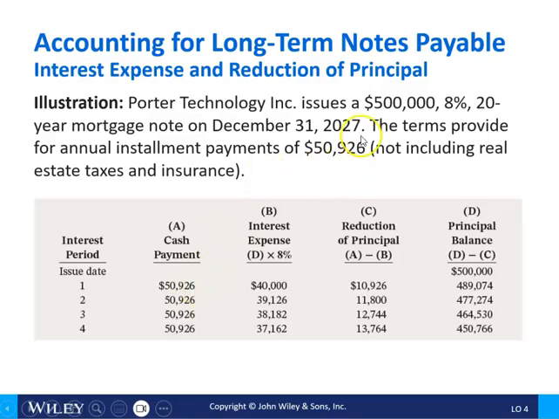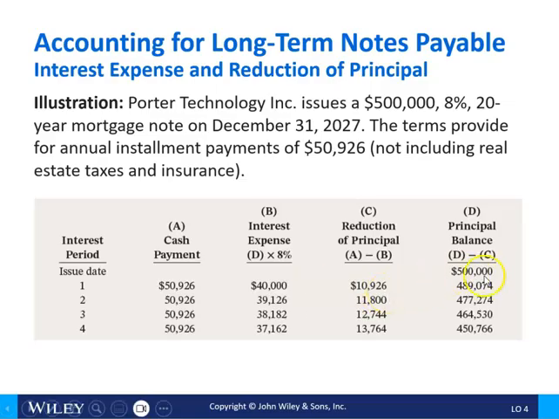So we state how much the payments are each year, and it's going to be the same each year, but we're going to split that payment between interest expense and principal reduction. How we calculate these is we calculate the interest expense first. That's the interest rate times the principal balance. So in this first case, it's $500,000 times 8%. So $40,000 of that first payment is going to be to interest. The remaining is going to reduce our principal,